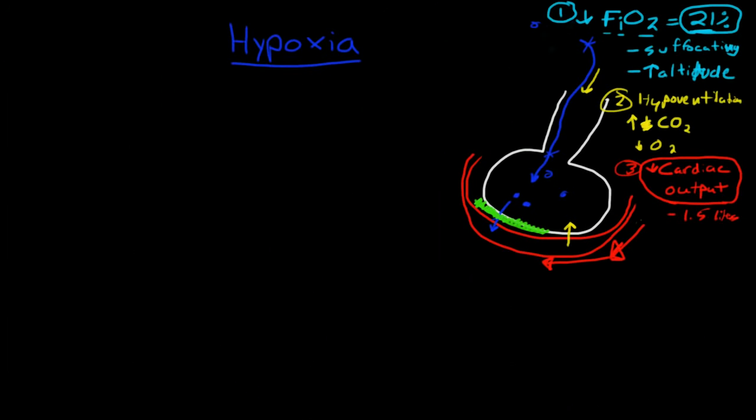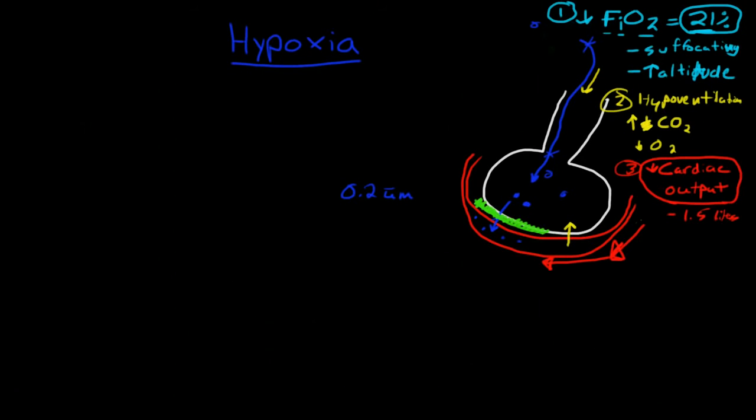And this works very well because usually the membrane is 0.2 nanometers thick. Now, if you increase the thickness of this membrane, you are going to decrease the diffusion of oxygen, and you're going to require a higher gradient. So the oxygen concentration here in the bloodstream is going to be much, much lower